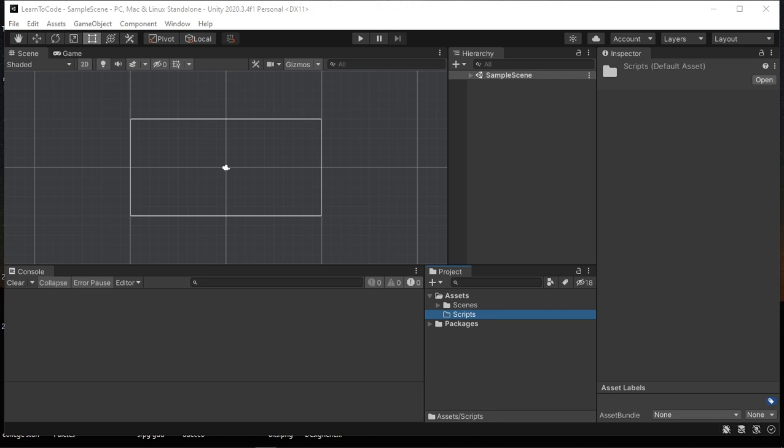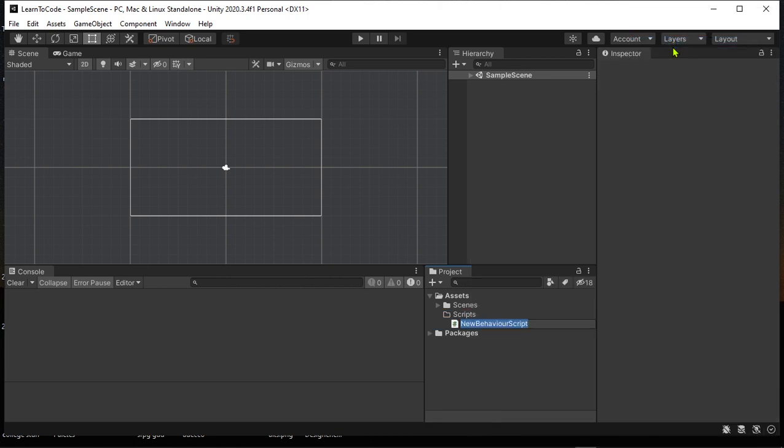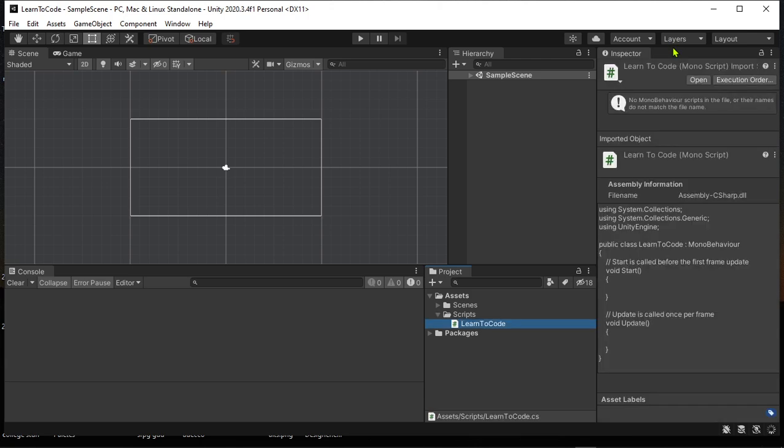We're just going to make a new script. I already made a folder in Unity. So over here, let's make a C# script. We're going to call it learn to code. Okay. So we're going to open it up on Visual Studio,